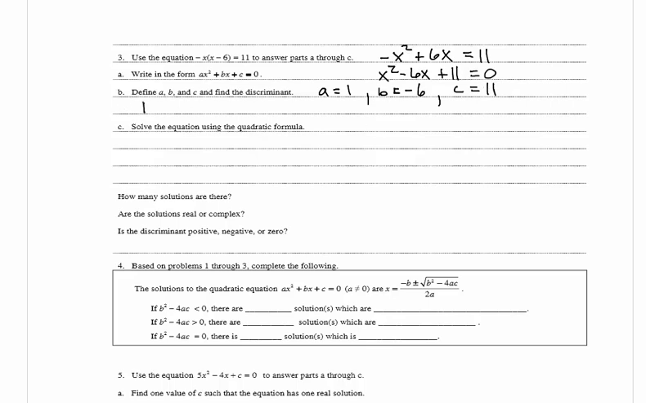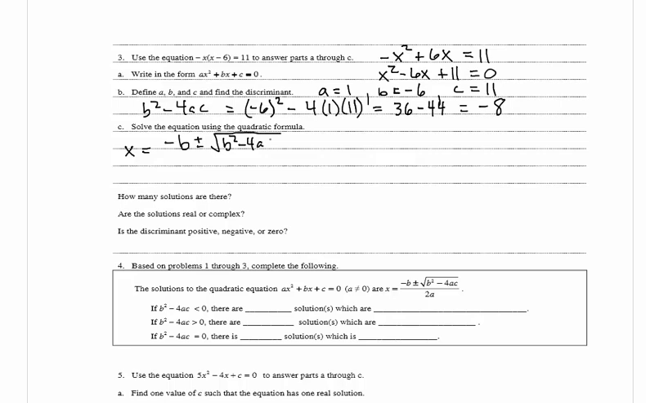And now the discriminant, b squared minus 4ac, is equal to negative 6 squared minus 4 times 1 times 11, which is equal to 36 minus 44. And this is equal to negative 8. And now we want to solve the equation using the quadratic formula. So we have x is equal to negative b plus or minus the square root of b squared minus 4ac,